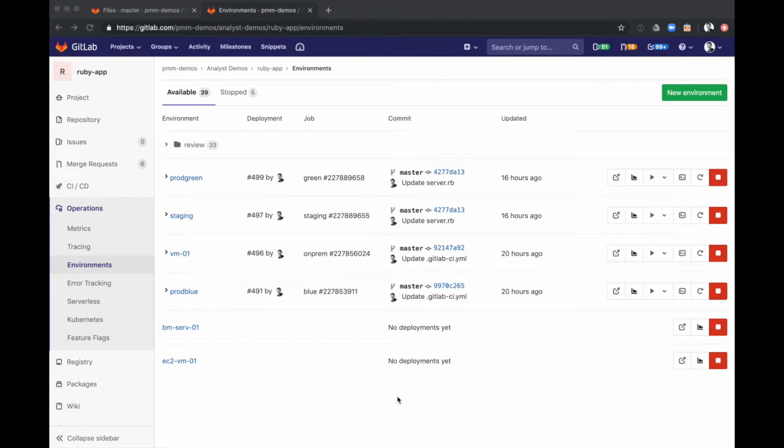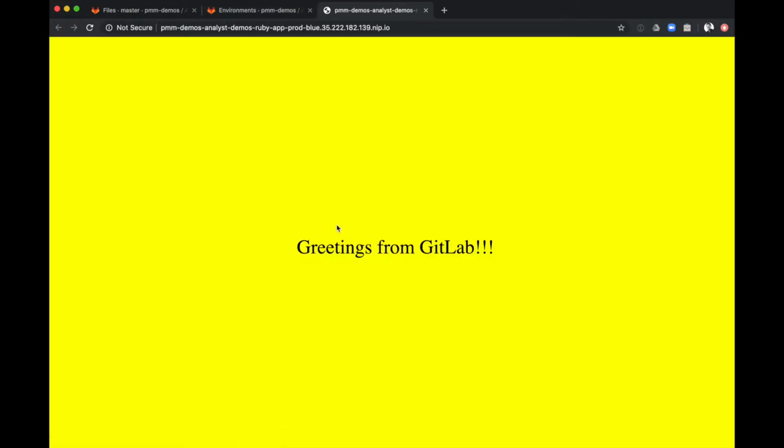Show you the blue-green deployment capabilities with GitLab. So we're looking here at a set of environments in the Ruby app project, a very simple app, and this is the result of developing and deploying blue-green to these environments. If we look at the production blue environment, it's actually got this yellow,